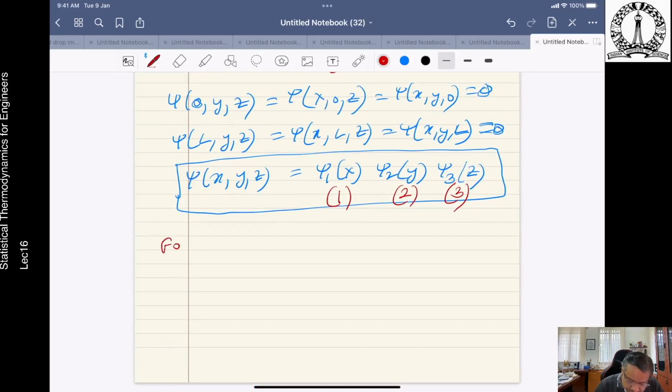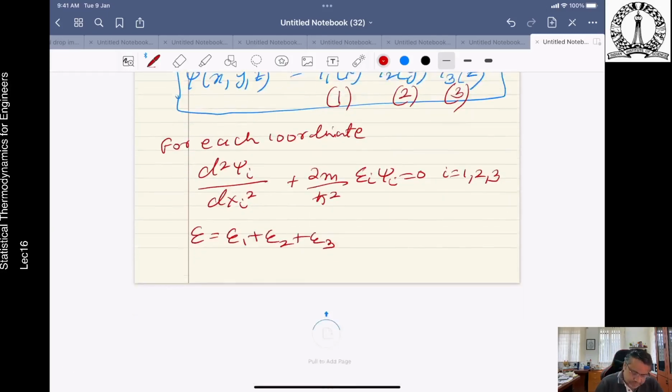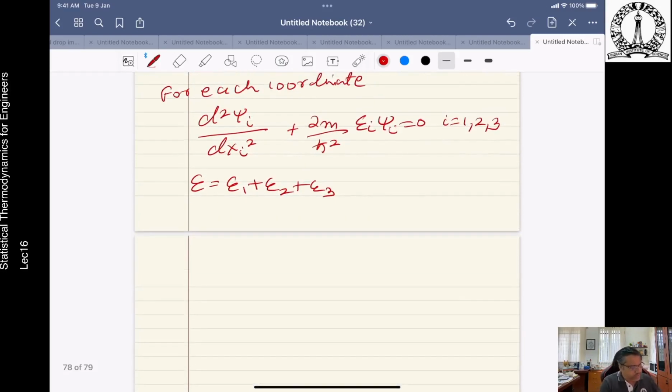So for each coordinate, we can say psi i, and we are dropping the x-y because it is assumed to be space dependent only. The equation is d²psi_i/dx_i² + (2m/h bar squared) E_i psi_i = 0, i equal to 1, 2, 3, and the total energy E is equal to E1 plus E2 plus E3. Okay, so the solution for this particular problem becomes